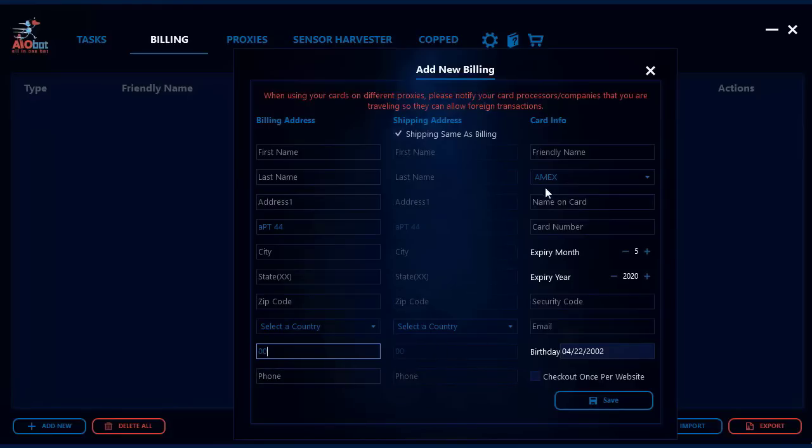Put that basic information. Friendly name here is just what you want to call your billing profile. This will not be shown on the Supreme website when you check out. If you have a lot of different billing profiles, it helps you know which billing profile is what category. The next thing here is to select your card type,